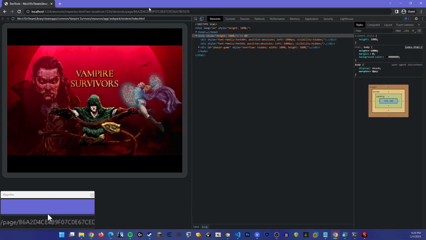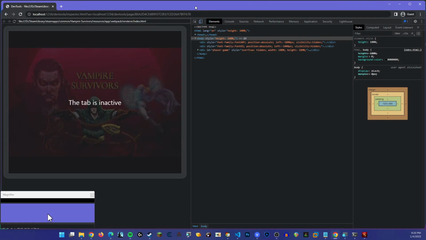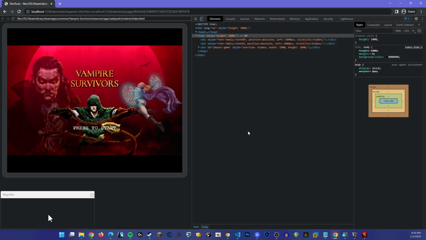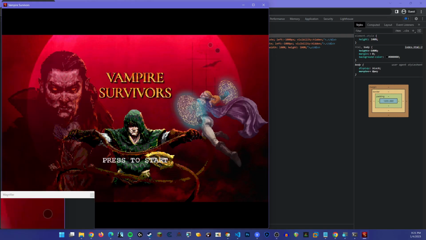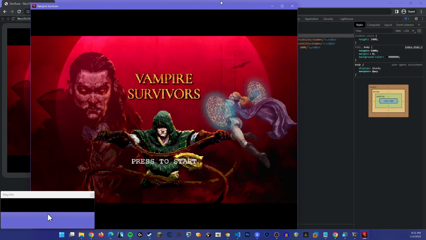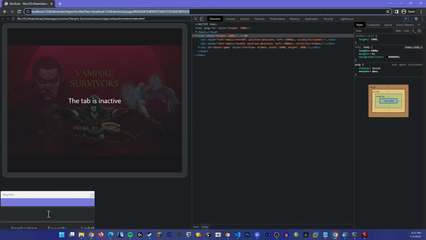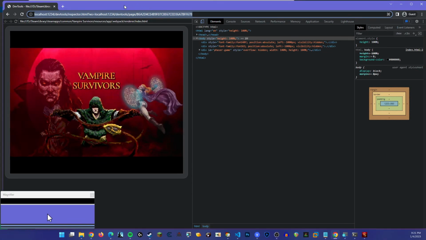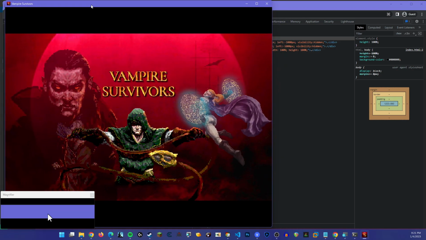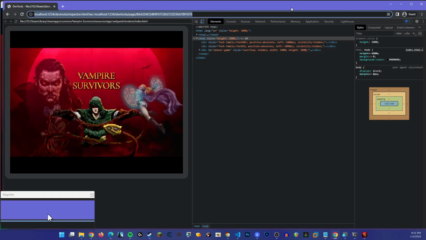As soon as we resize it down, which actually, let's see, it's maximized here. Maybe because I have it partially on my other monitor. Anyway, it doesn't matter. Long story short, if you see this, the tab is inactive, you typically need to just have it not maximized. It needs to kind of see a piece of this window directly behind here. Okay, so anyway, now that we got that out of the way,